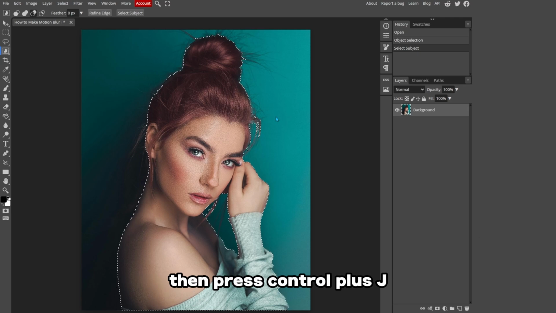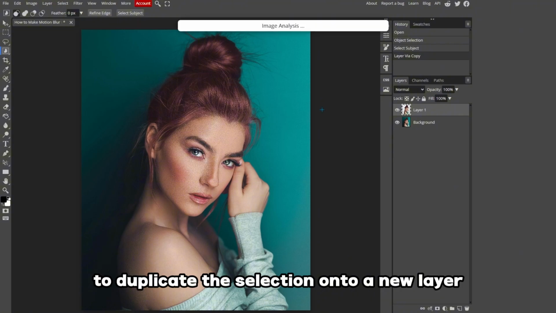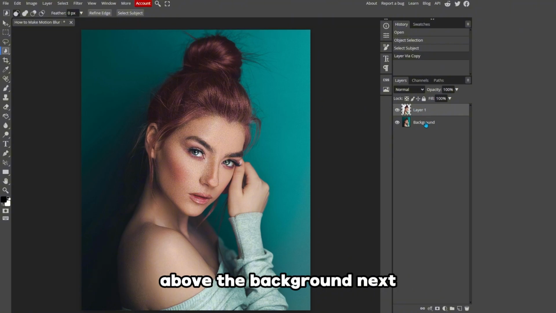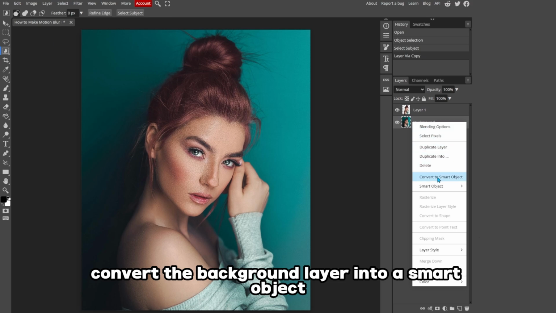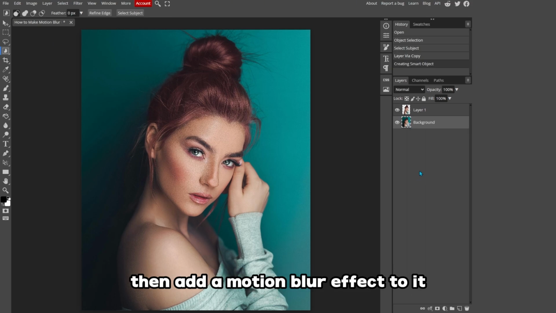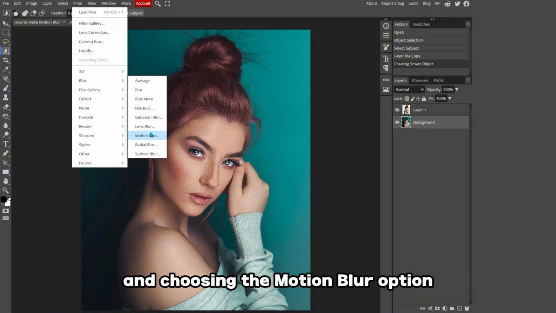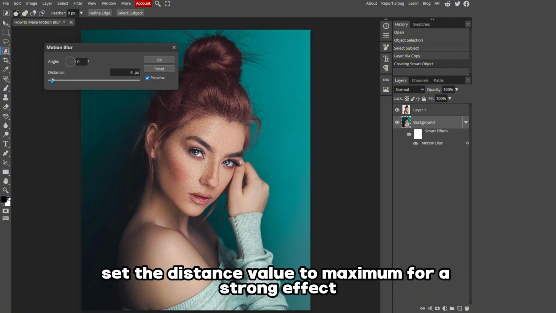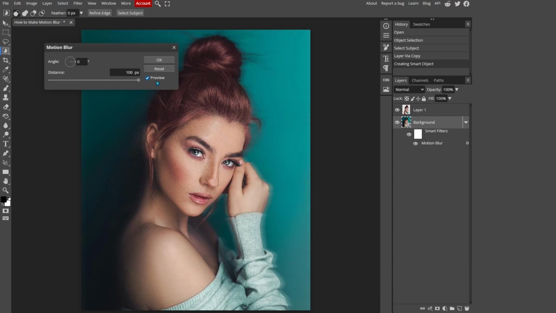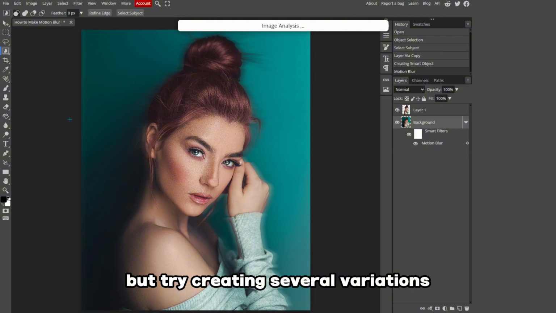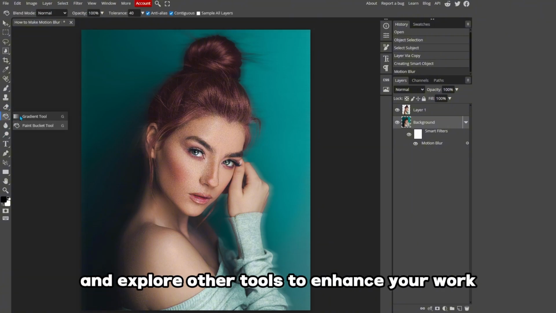Then press Ctrl+J to duplicate the selection onto a new layer above the background. Next, convert the background layer into a smart object, then add a motion blur effect to it by going to the Filter menu and choosing the Motion Blur option. Set the distance value to maximum for a strong effect. Your edit is now ready to export, but try creating several variations with different motion blur settings, and explore other